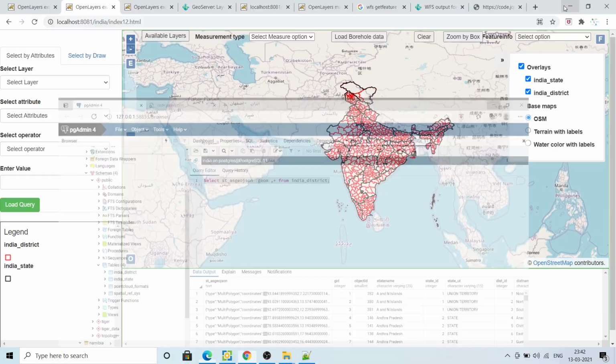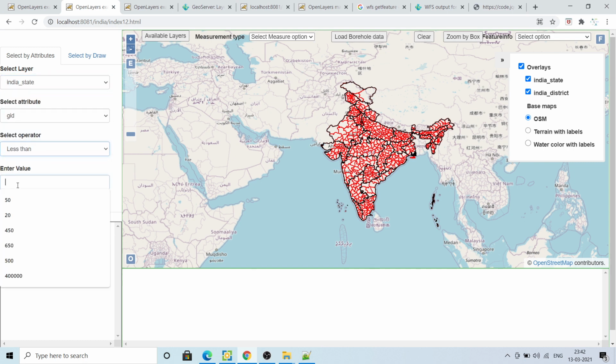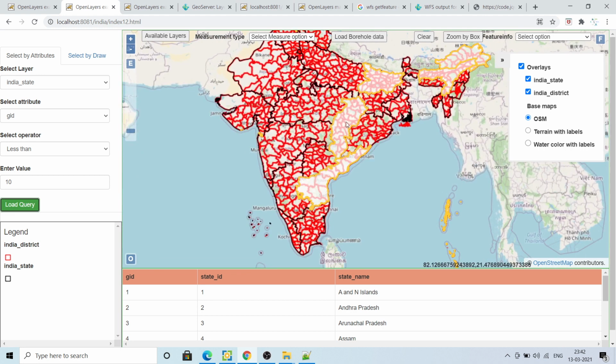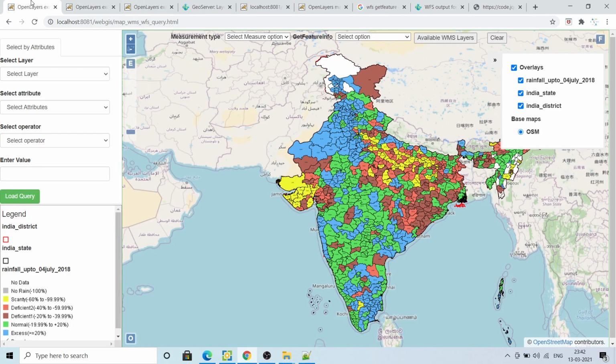So these 2 layers are coming under the drop down. Then if you select this one, then select GID and everything less than 10 and query, all the same thing is happening through PostGIS also. You need not go to GeoServer for that, but using GeoServer it's quite easy. You do not need knowledge of database and JSP programming, backend programming.